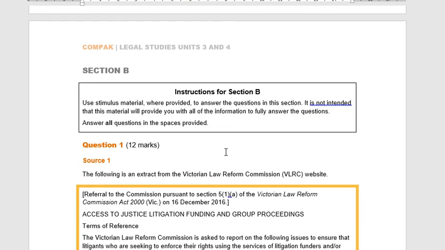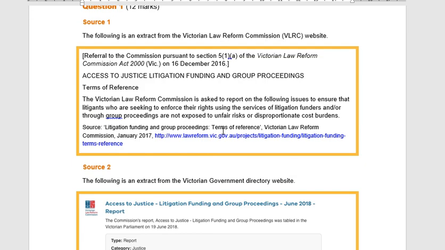Okay, we're into Section B now. I know I need to reference the source material in each question. And the source material here isn't a case scenario. It seems to be out of some kind of document. And it's out of the Victorian Law Reform Commission Act, access to justice litigation funding and group proceedings. So I think this is a reference for the VLRC to investigate this issue of litigation funding and